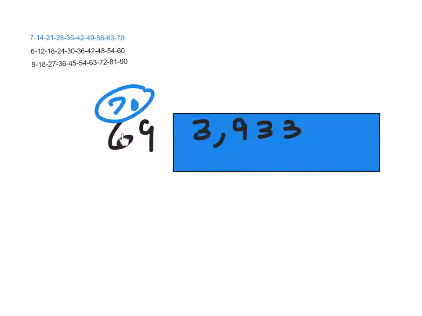And here we go. 69 cannot fit into 3. It cannot fit into 39, so I'm going to have to go into 393, right? Which means I need a place value holder for the ones column. So I'm going to put a 0 there, which will give me a 0 here because 0 times 69 will give me 0. So now I'm looking at 69 going into 393, and I'm going to use 70 as my